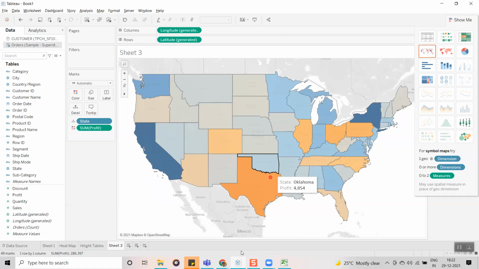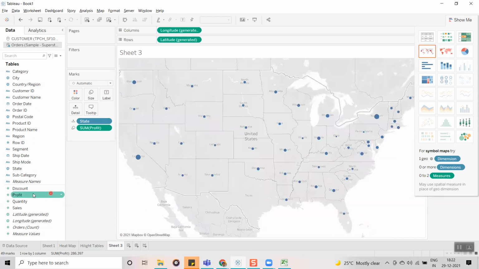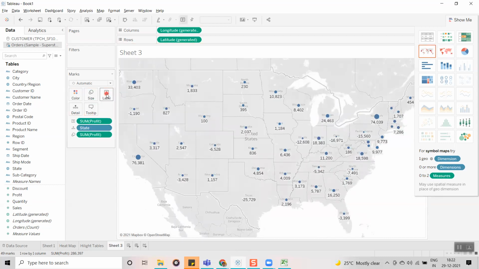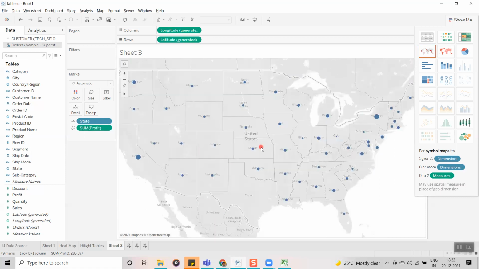And here the filled map is also good, but again if I want to give profit into labels, I can see now, this way you can display the labels. And in symbol map also you can give profit labels for your visualizations this way. So both the ways are good, but a symbol map people will prefer actually. It is going to be displayed in a clear way. And with the colors, it is not going to be that catchy if you are displaying more colors. So that's where people will prefer the symbol map.